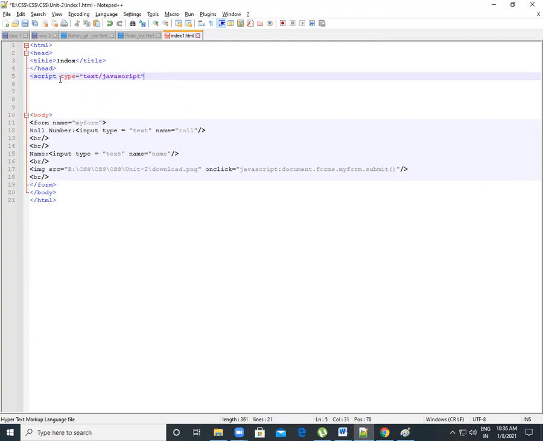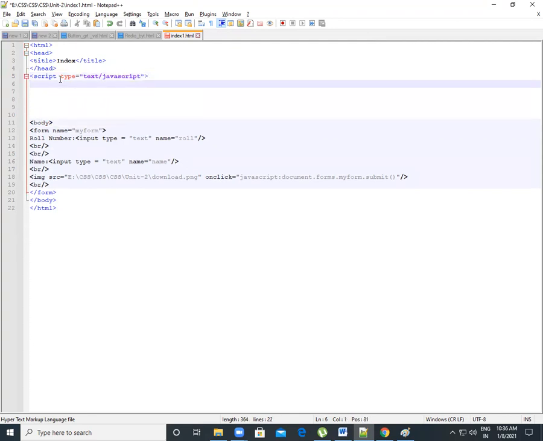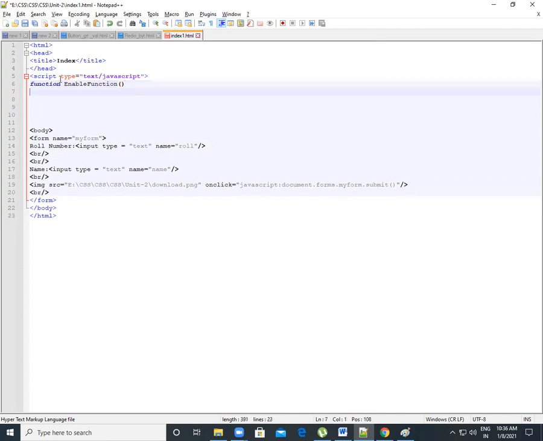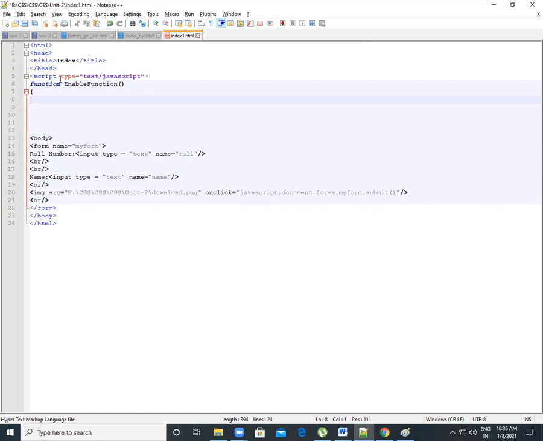Okay, and now we close our script tag. Now we use the functions, enable function and disable function. For the first function, we write function, and the function name is enableFunction, correct? Now in that function, we use document for setting the value.